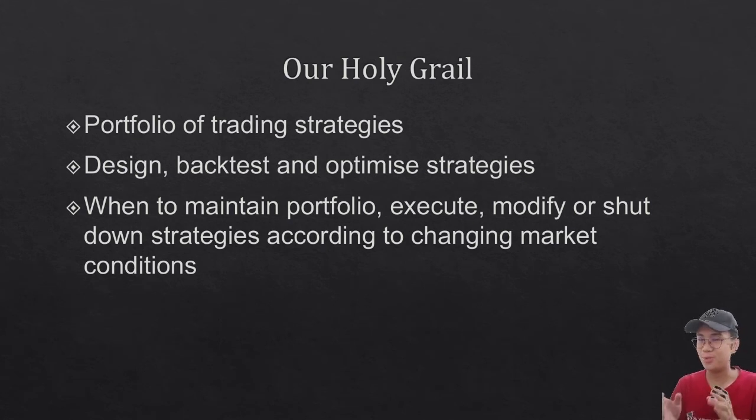So what you will do is more like a technician, like you switch on and off. This time the market is quite good, all the markets, S&P 500, all going up, then I switch on all my trading robots that go for buy US market. Then suddenly in the US market, the president said that, oh, you know, I hate China. Then suddenly the US market collapsed. Then you need to plug out all the buy US market robots and turn them into sell US market robots. And that is the Holy Grail.